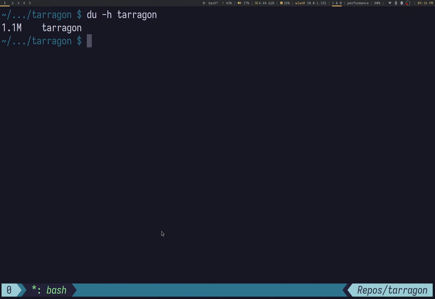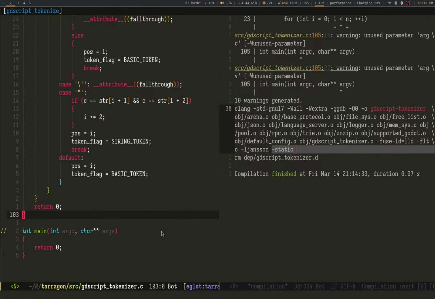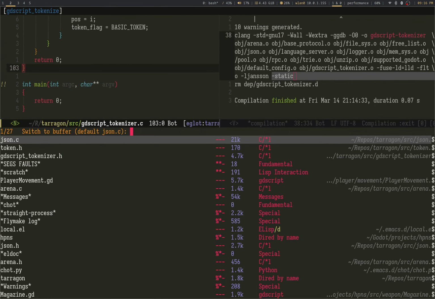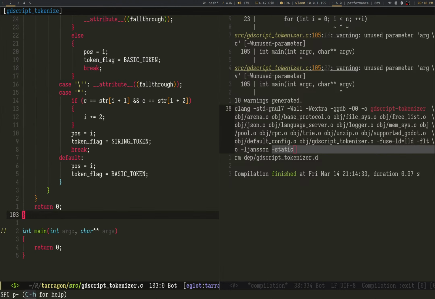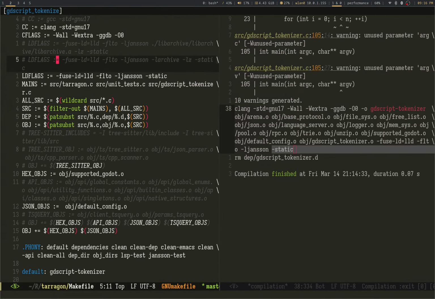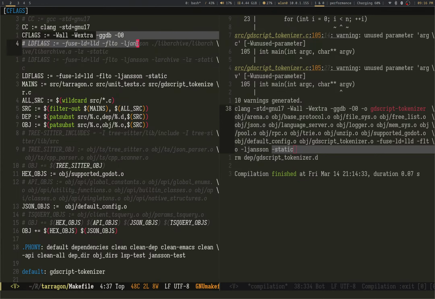At the moment, it's 1.1 megabytes, and if we go back into the makefile, not this, as you can see, I statically linked. I don't have to link Jansen anymore. And I'm not even optimizing it, and I have the entire debugging symbols.